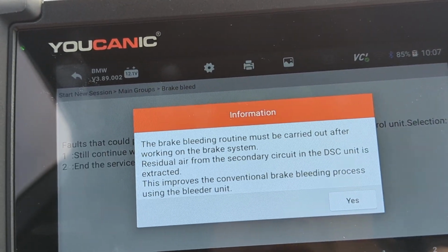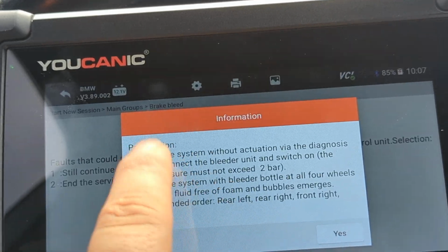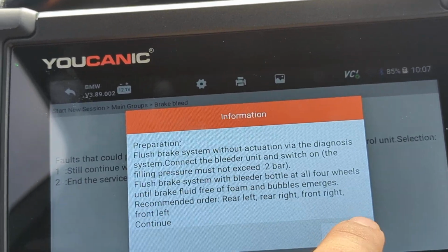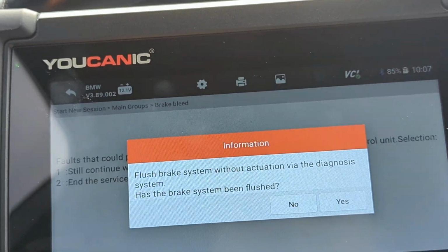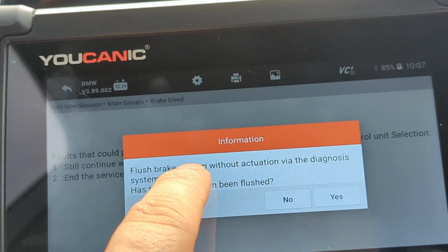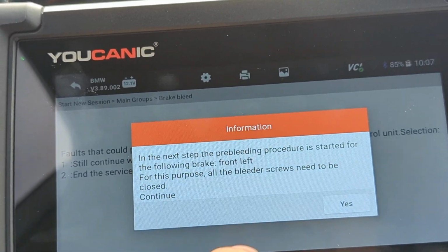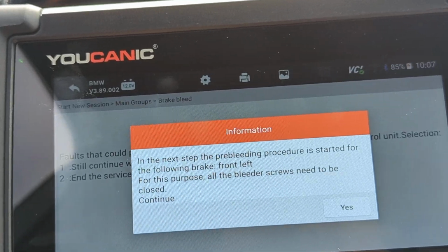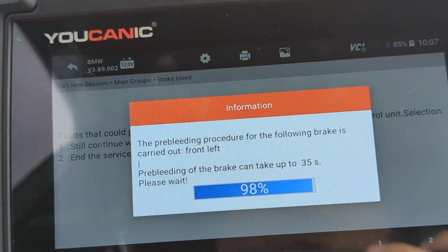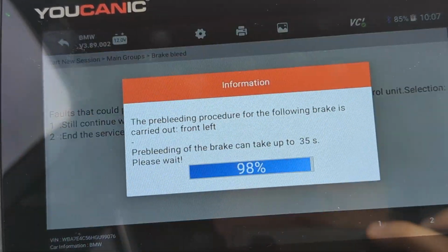So we press 1 to continue, then press yes, and it just gives you some instructions here on how this procedure will go. You've got to be careful here because you can get injured if you don't know what you're doing. Flush the brake system without activation via diagnostics. Has the brake system been flushed? Yes. Yes to continue. So it's going to do this a few times, and then I'll show you the next screen where we do the